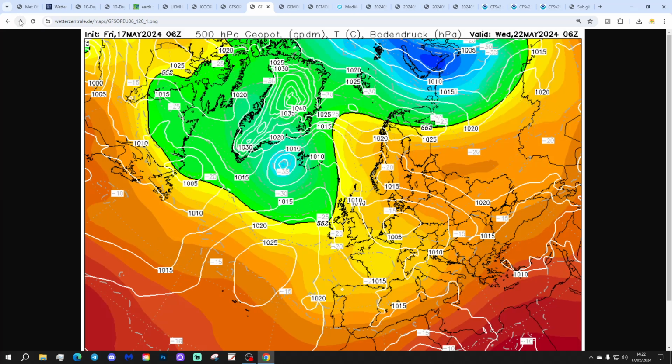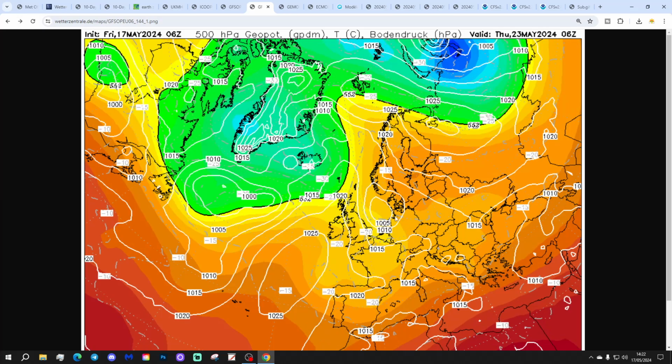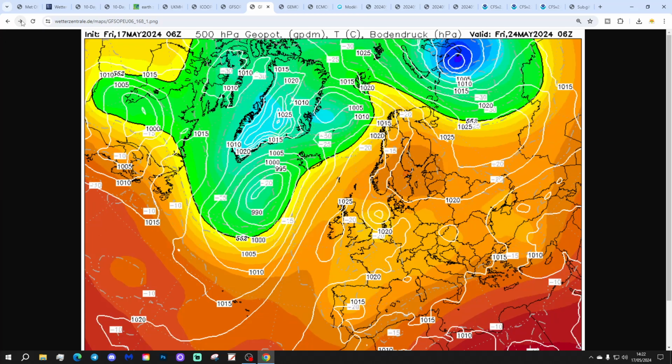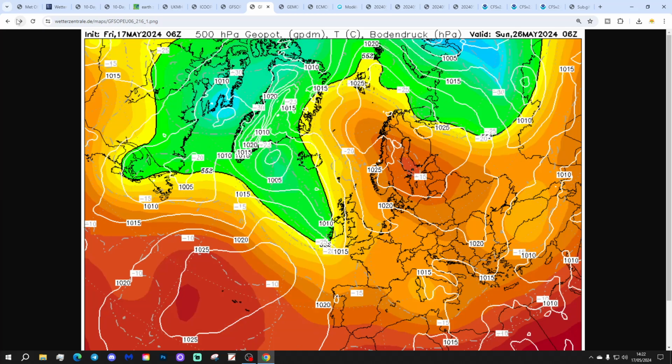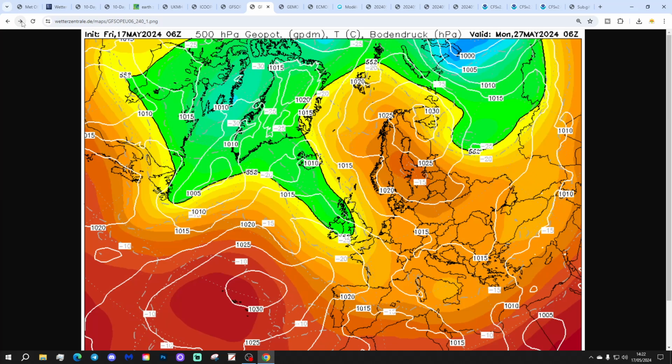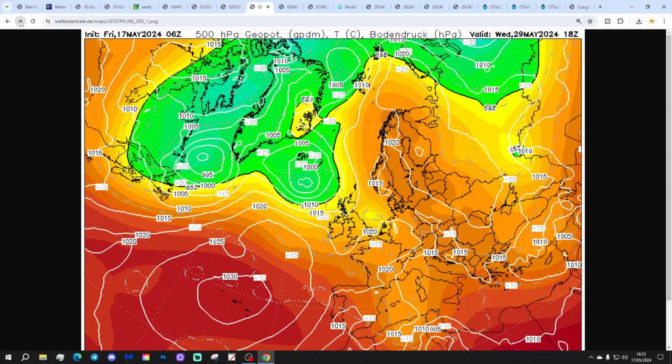But GFS 6Z again has this little trough to the south, a ridge further north on Monday, and through the middle part of next week, this low comes in from the east, sits in the North Sea. That could bring wet weather to eastern regions. The ridge here is trying to fend it off, though. And as we get into the bank holiday weekend, high pressure sets up away to the east with low pressure out to the west. That's quite warm, but could be a bit showery, certainly by the time we get through to day 10, which is bank holiday Monday, 27th of May.